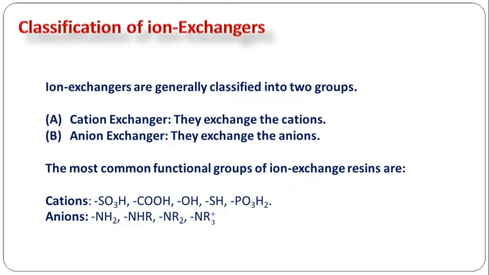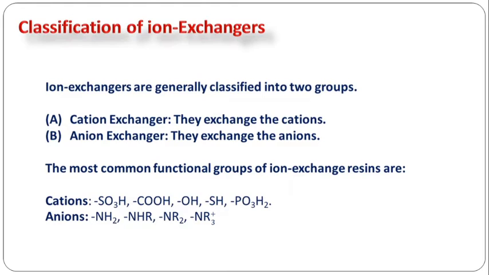used for the exchange of cations from the solution and from the resin, while the anion exchangers exchange the anions. The most common functional groups present in ion exchange resins are, for cation exchangers to exchange the cations, some acidic functional group: sulfonic acid group, carboxylic acid group, OH, SH,